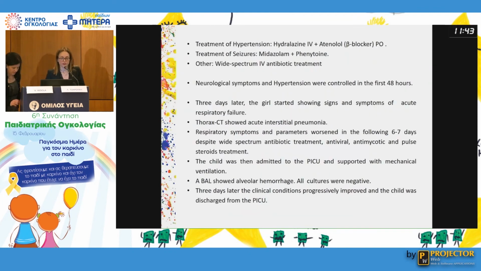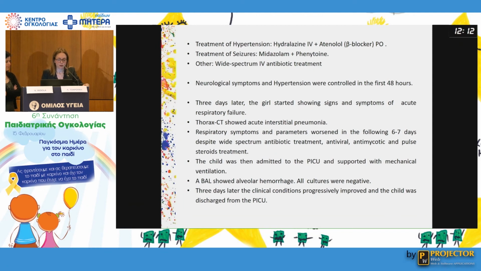So we started treatment for hypertension and for seizures, and wide-spectrum IV antibiotics. Neurological symptoms and hypertension were controlled in the first 48 hours. But 3 days later, the girl started showing signs and symptoms of acute respiratory failure. A CT thorax was performed, showing